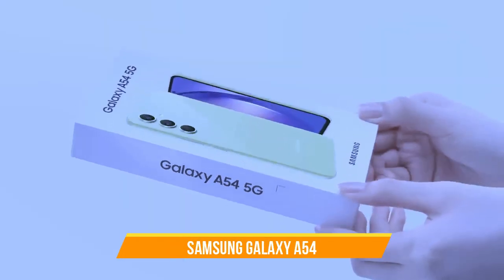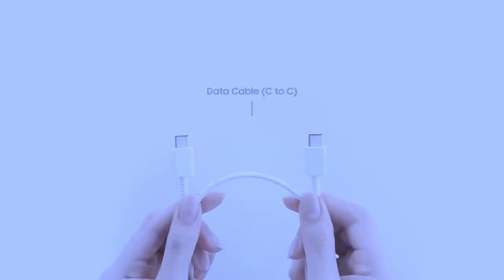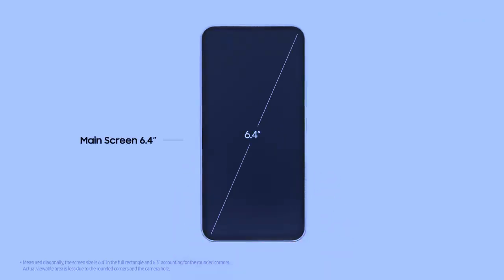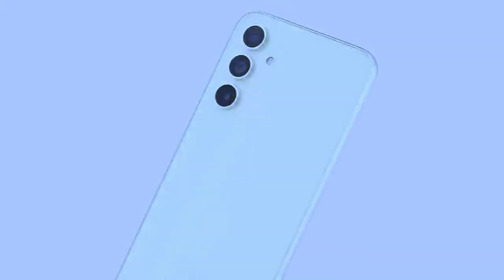Number 5, Samsung Galaxy A54. The best Samsung budget phone. The Galaxy A54 provides a low-cost alternative to Samsung's Galaxy S flagships, but don't dismiss it as a mere budget device. Samsung has packed a lot of value into the A54, starting with the same 50MP main camera that the Galaxy S23 uses. That camera helps the Galaxy A54 produce quality photos that outshine many of the other camera phones